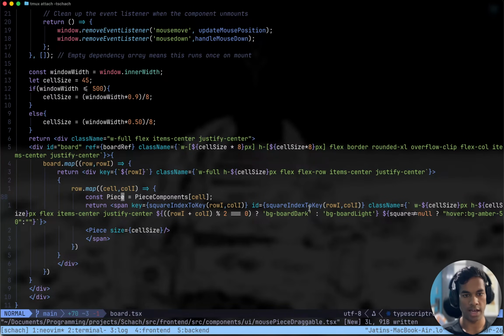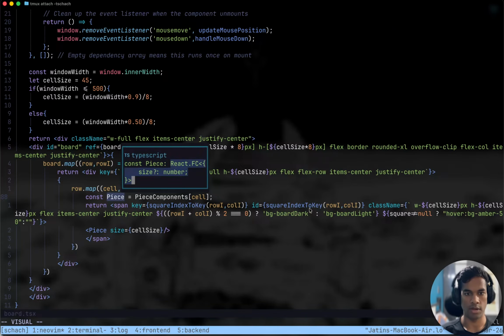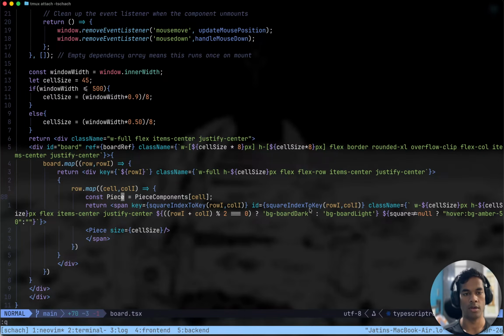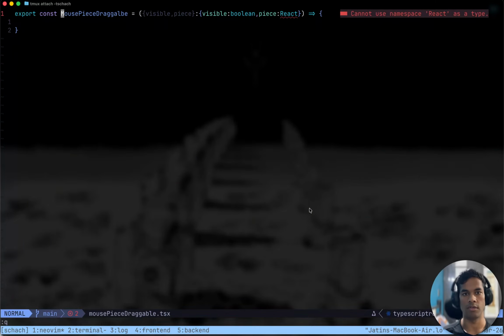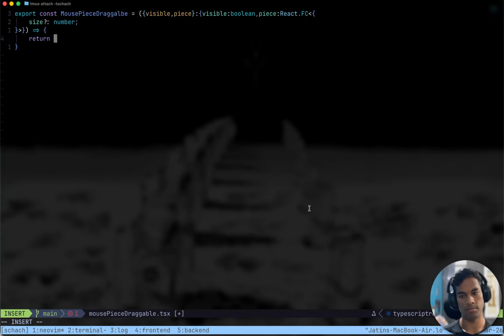React component whose type is this React.FC with a size. That is cool. React FC with a size. That works. All destructured elements are unused. Okay, and at the end return